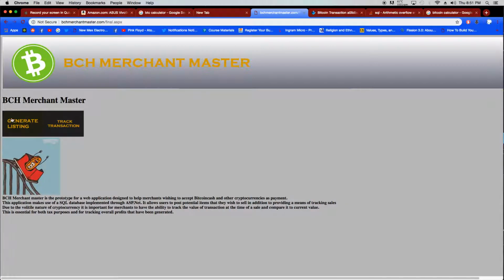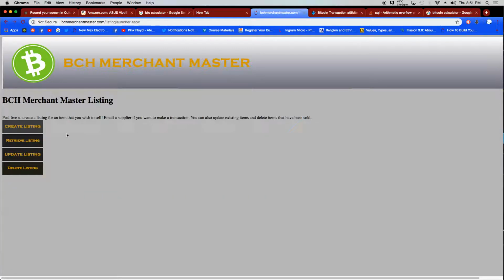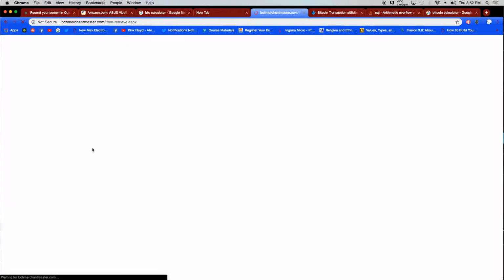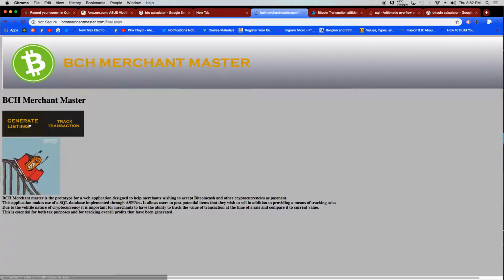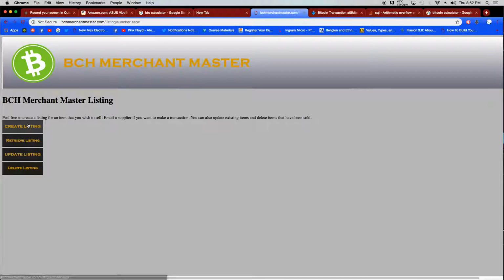Okay, so back to the other applications of the listing portion of the app. In order, you can retrieve the listings by clicking here, and it brings up the same screen that we were just at previously, plus any new entries that have been made. And so next, let's take a look at